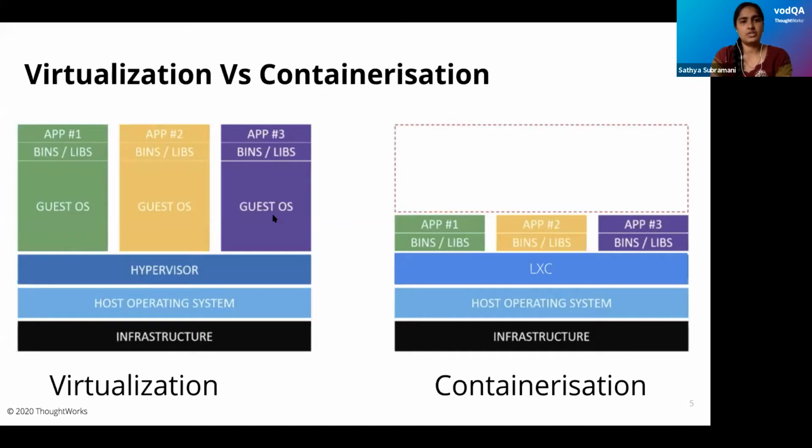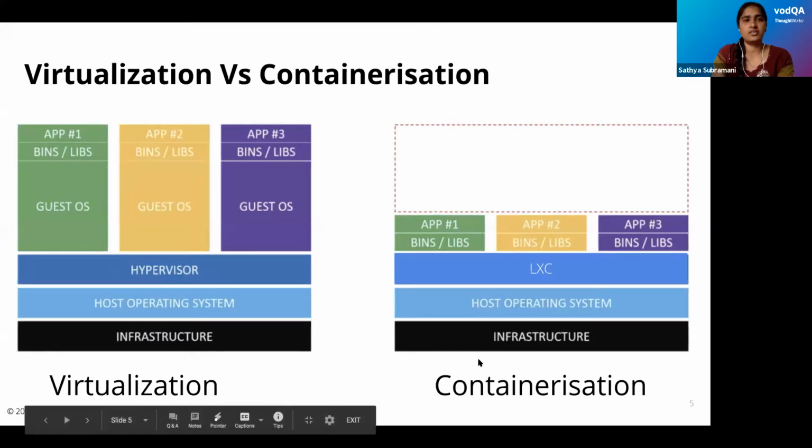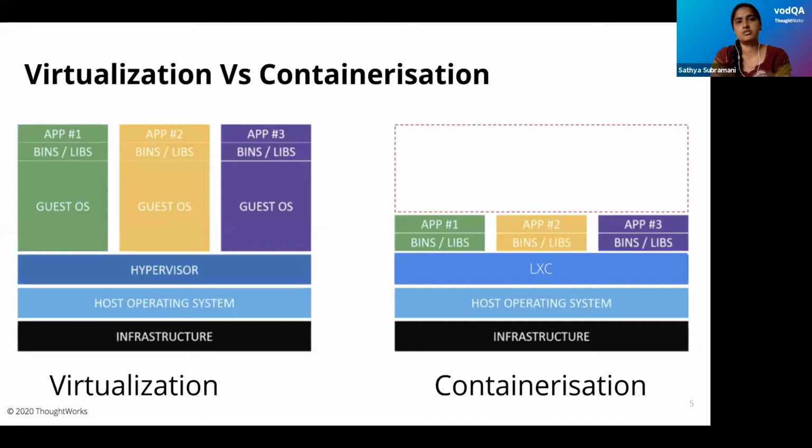The main difference between virtualization and containerization is that in virtualization it's completely isolated, and each VM does not communicate with the others. But in containers, it's just process level isolation. Each VM has its own OS, but here it's not like that. Also, with virtualization, if you are building any framework on your machine and there is any small change, it requires a lot of effort to implement and deploy. But in containers, it requires a small effort. So this is how virtualization works, and this is why we move to containerization.